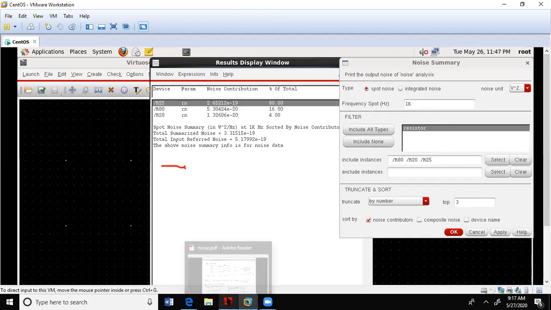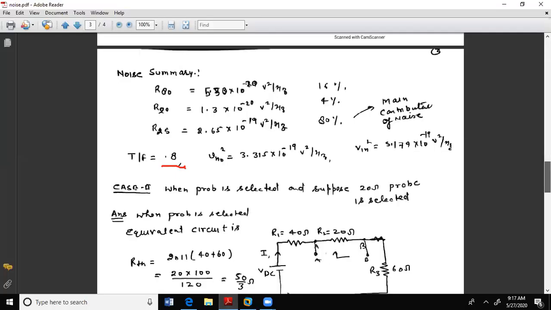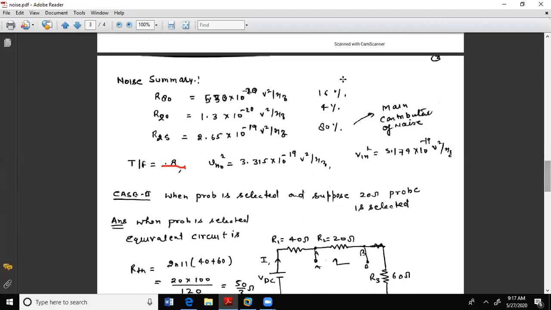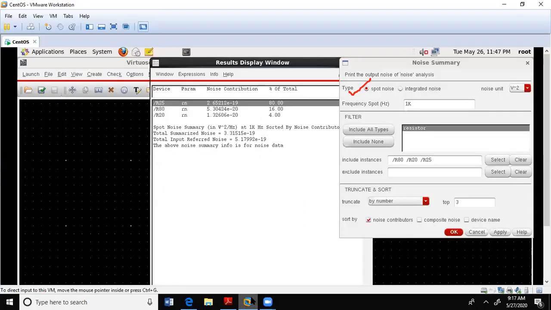For the 80 ohm resistance, the theoretical value is 5.30 into 10 to the power minus 20, and the practical value matches, at 16%.